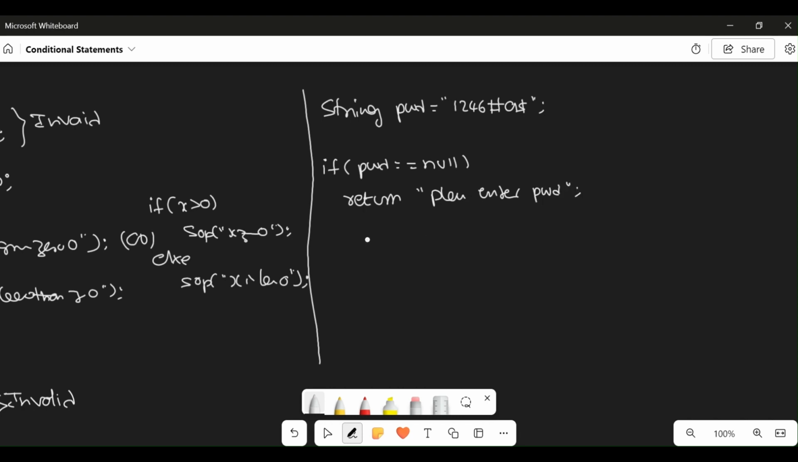Something like that we can return. So if the password is not null, then we need to check the password dot length. Password dot length is less than or equal to 5. So here I am trying to return the message like, please enter